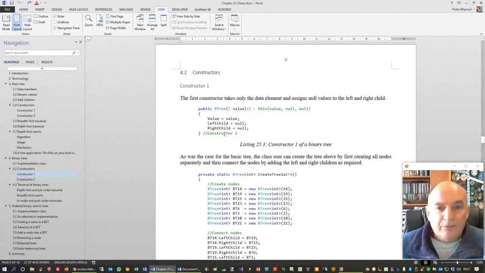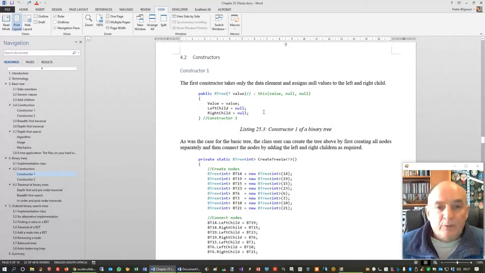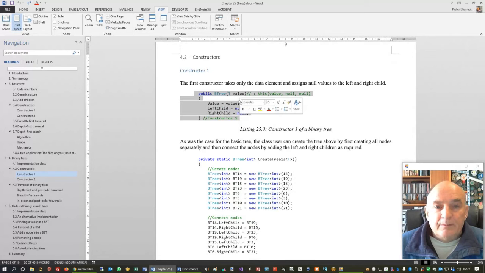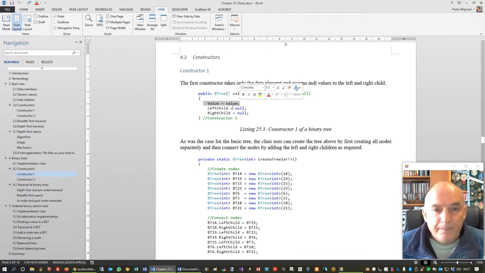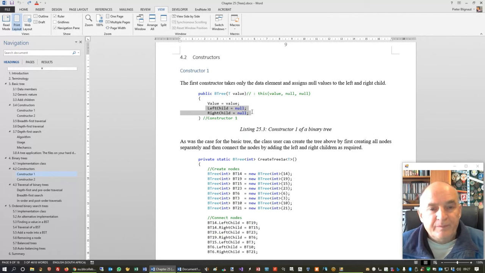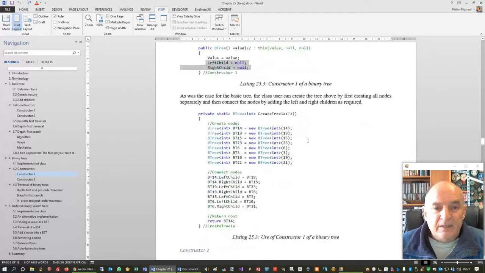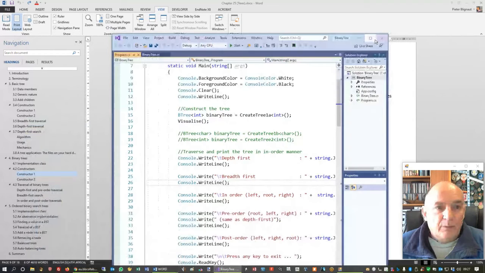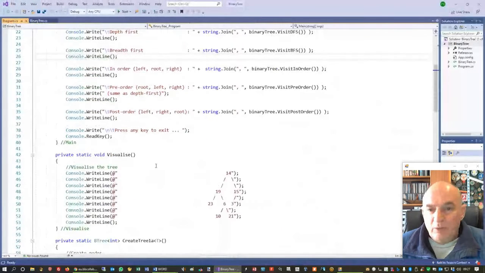as previous time, we have more than one constructor, more than one possibility. In this case, for the simple one, in comes a value, we assign that value to the data member value, note the uppercase, lowercase difference, and then we will instantiate the left child and the right child. Actually, this is no instantiation, we assign a null, so we could just as well leave this out. And then when we create the tree, so let's go to the example in Visual Studio. When we create the tree, we will